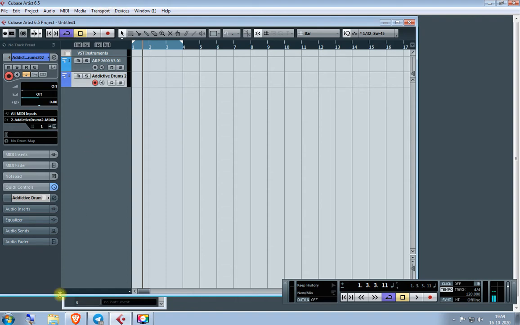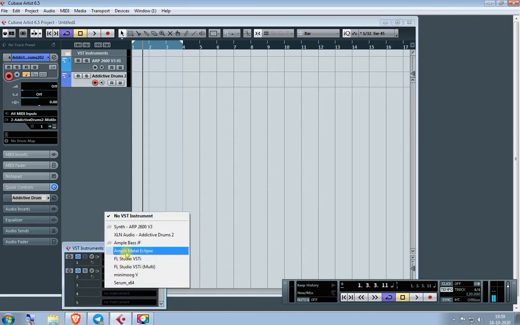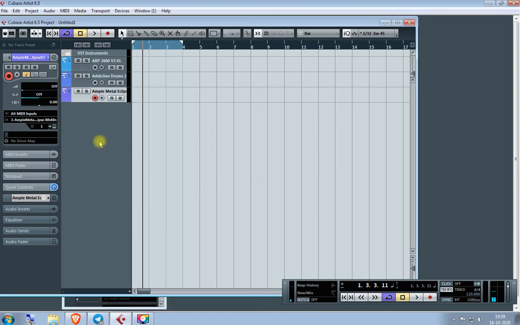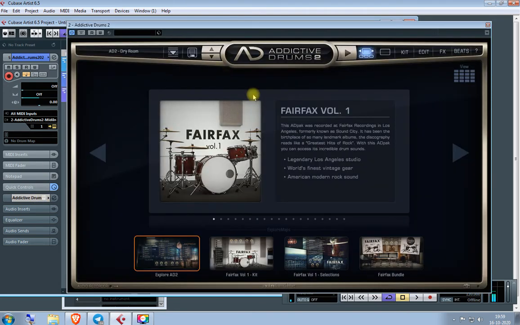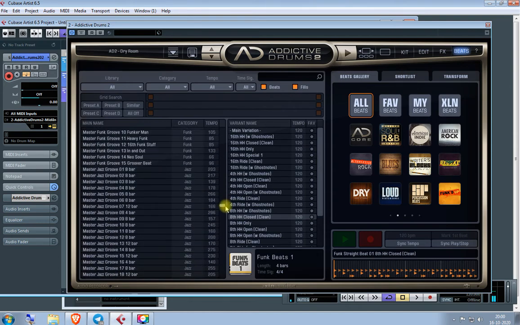Now you go to F11 again. It's hidden here, and you choose a guitar. Ample Metal Eclipse is my favorite by far. I've never heard anything like it. Now what you're gonna do is go to Addictive Drums and you press this little keys icon right here to open the main view of the VST. So you go to beats. These are pre-made beats which you can use, or you can just at least see